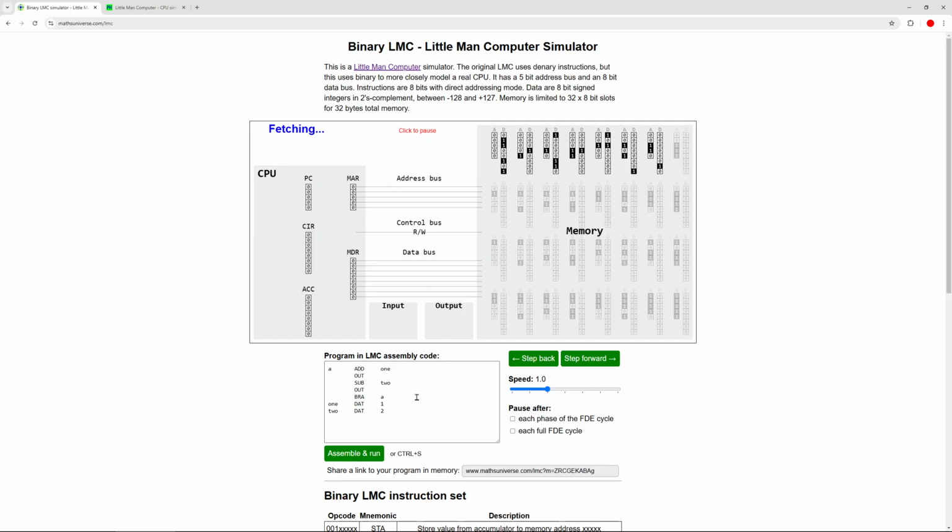I'm going to click assemble and run. In the simulator, we can pause at any time by clicking on the simulator, and we can see zeros and ones flowing around the CPU. This is one reason why I chose to make it in binary. We'll notice that we can step back and step forward using these controls, and we can also speed up or slow down our simulation, and choose to have it pause at different parts of the fetch, decode, execute cycle. I'm going to set the speed to 5, and I'm going to press assemble and run to rerun